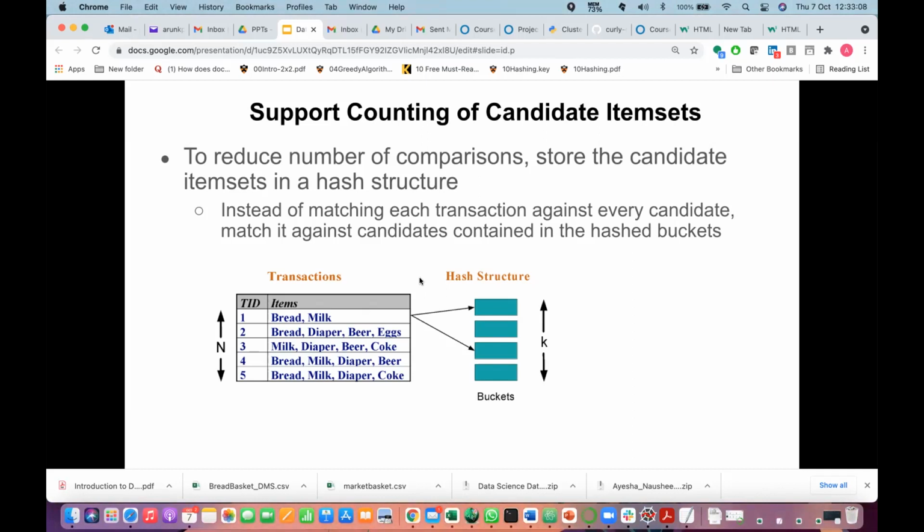Then he listed first the complexity. Complexity is coming from N, the number of transactions, M, the number of possible frequent item sets, and W. Then, how can I reduce all three? That is the logic he is developing as a story. Whatever problem comes, first, how do we estimate the complexity? Second, how do we reduce that complexity? That approach is also important, and that is what we are trying to learn from here.